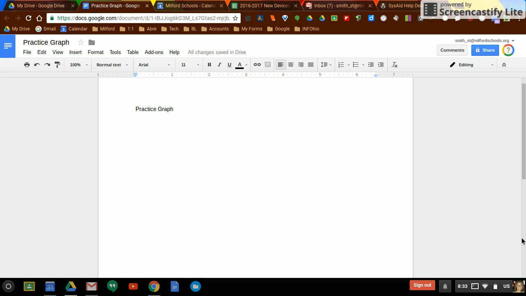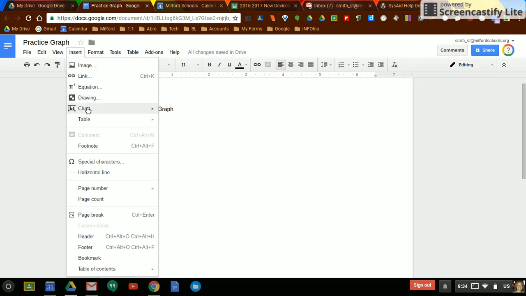Students can create graphs within a Google document that uses the information from a spreadsheet or by entering information here. In this document, I have just the title at the top. I'm going to go to the Insert options and bring this down to Chart. When I have options for charts, I can decide what type of chart I want to add, and I can